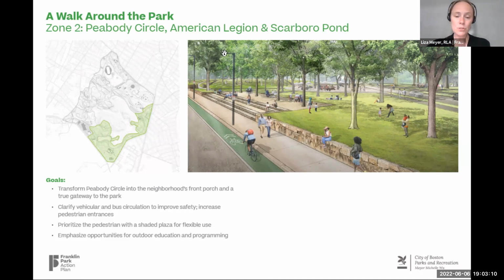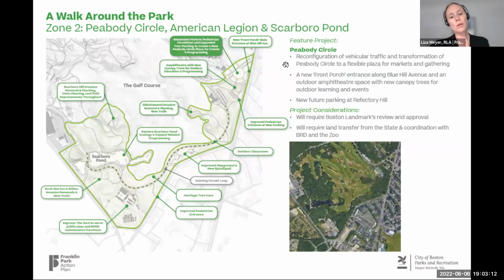Show the next image. So here we are. Again, that view you just saw was right up here. But this whole zone extends quite a way. So this shows, again, a series of projects that could happen along the side of the park, from improved entrances,